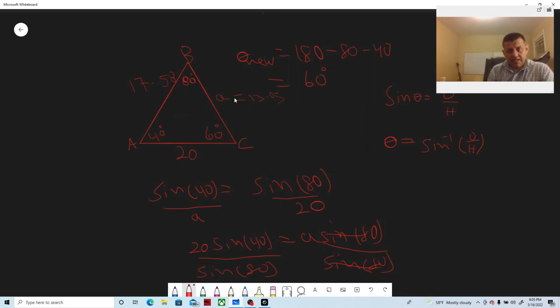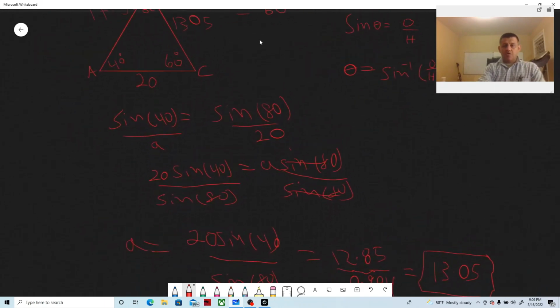And this side right here, basically we will have 13.05. So now we have a triangle with all the sides that we needed, and also the interior angles. So that has been a quick review for the